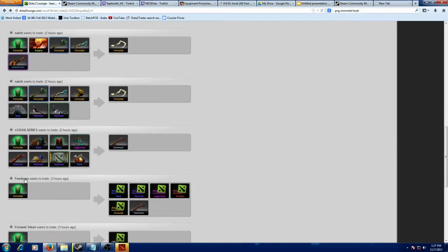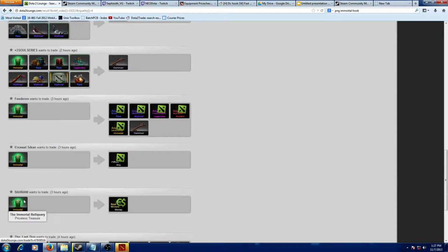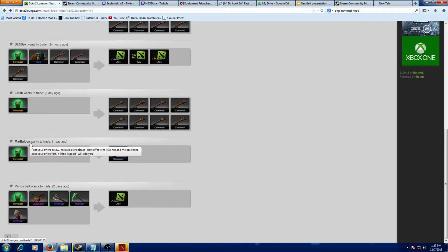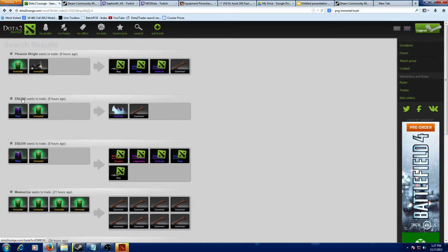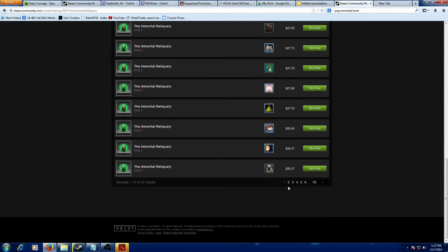$30. This one doesn't know how much they want to sell it for. I think I saw one for 8 keys on here a little while ago. But my point is, you're getting people selling something here for like 8 keys, and on the Steam market it's going for like $24.85 or more. Actually, the next one up is $27.50. So my point is that